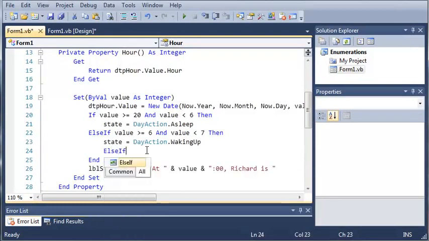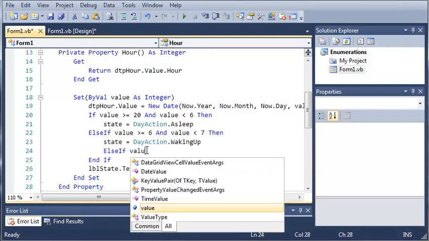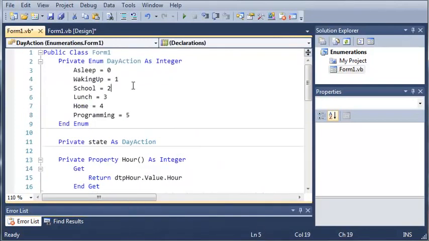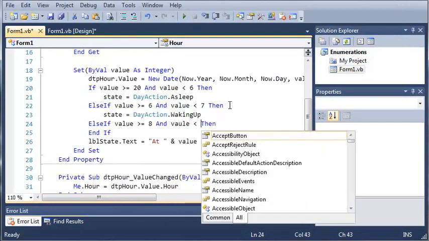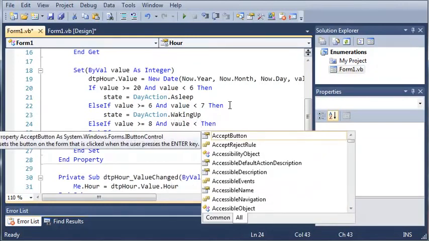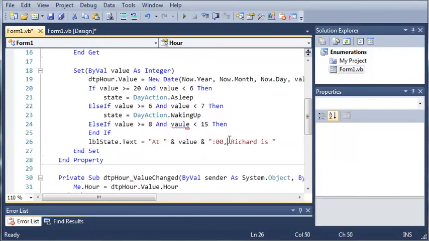So we can type else if again, and we can type if value, and let's see what we have next. At school. Let's just say they're at school from 8 o'clock until 3 o'clock. So if value is greater than or equal to 8, and value is less than, what's 3 o'clock in military time? We got 12, 13, 14, 15. Let's do 15. So if it's greater than or equal to 8 and less than 15,